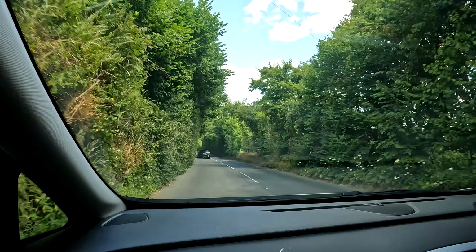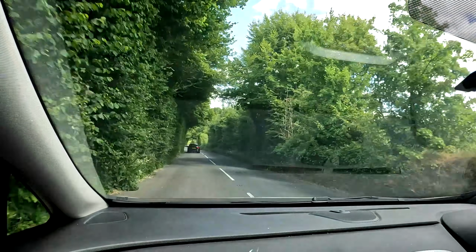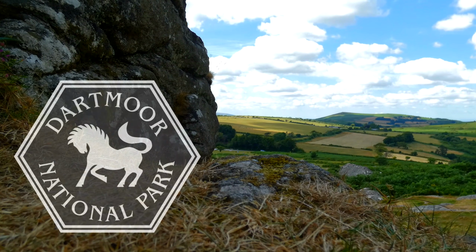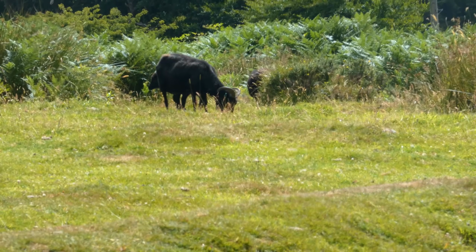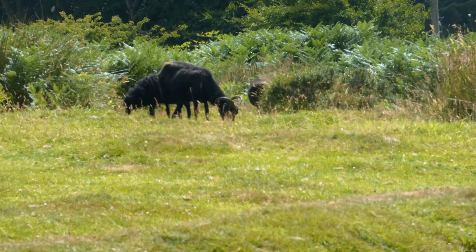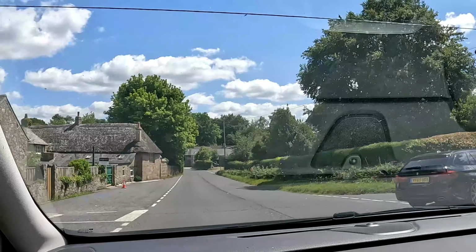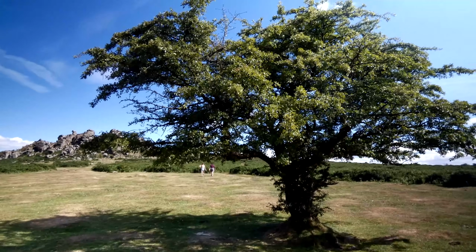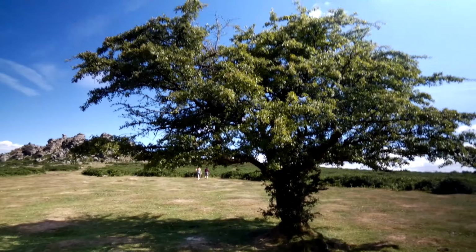Devon is a beautiful county, and sitting right at the heart of it, you can find Dartmoor. Dartmoor is known for its stunning views and grazing lands, and yet is notorious for its dangerously rapid weather changes. On Dartmoor, you can find many rock formations known as tors, freestanding rocky outcrops that arise abruptly from smooth and